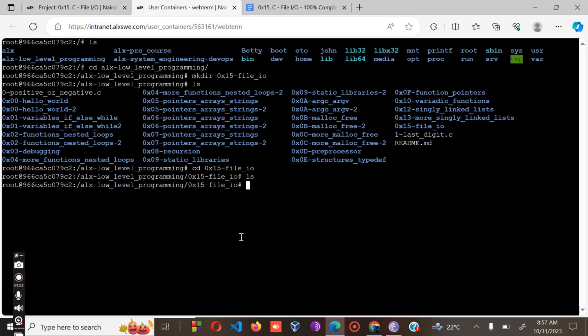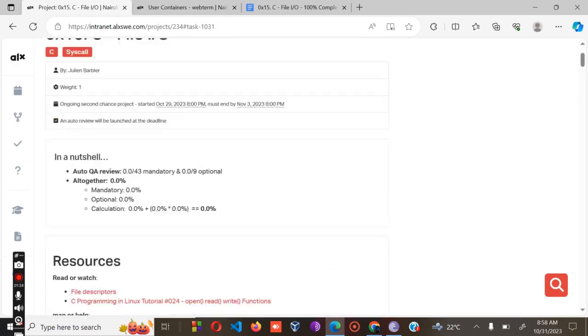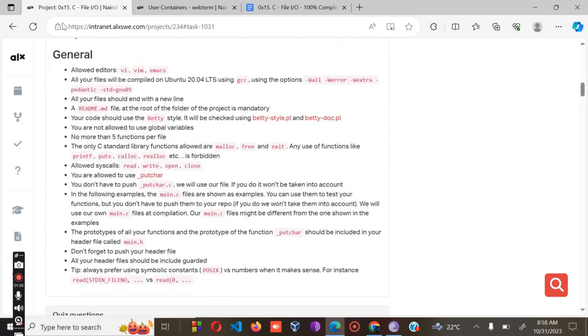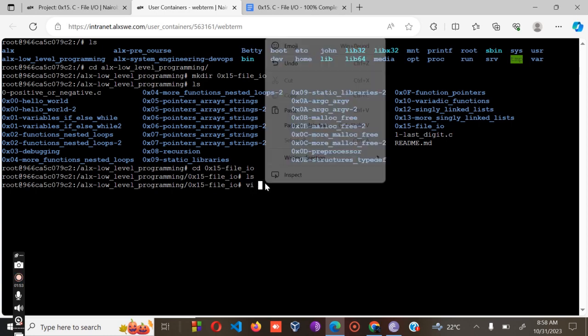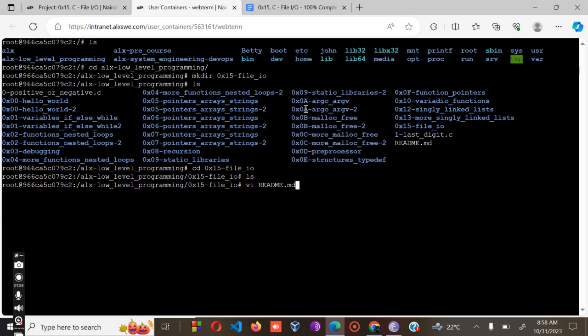Maybe you can check whether there is anything inside your directory, and as you can see, it's empty. Now, according to the instruction, we are supposed to create a readme file at the root of our directory. So I will copy that one,